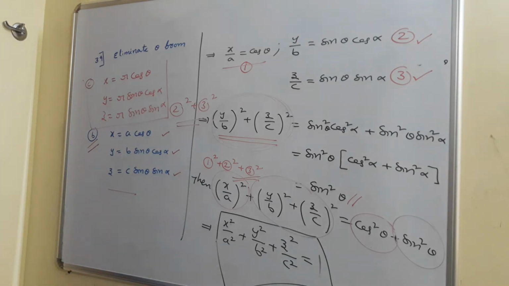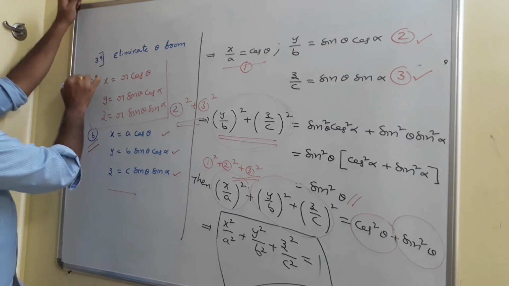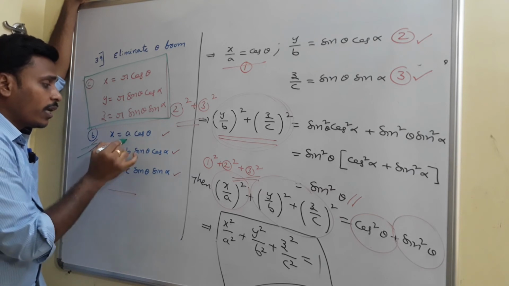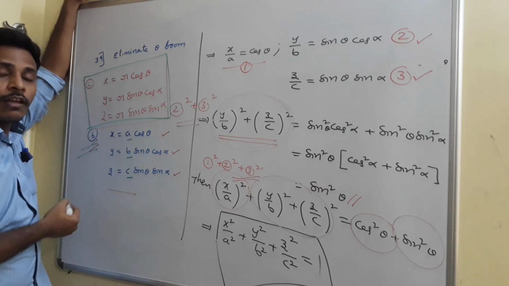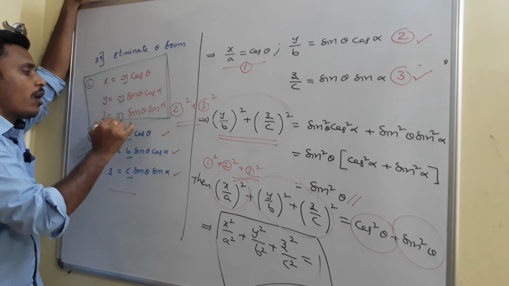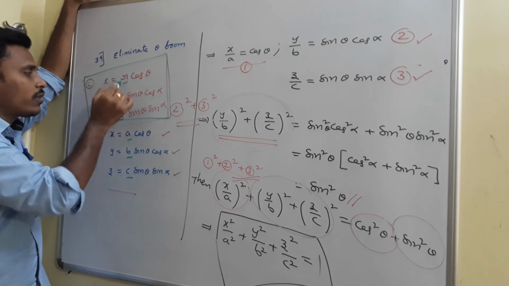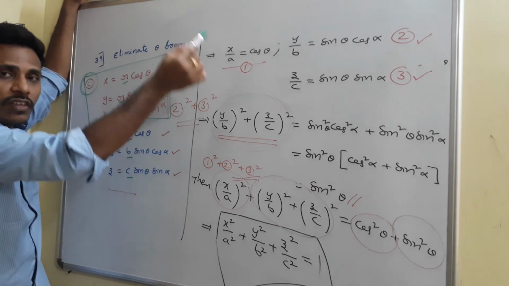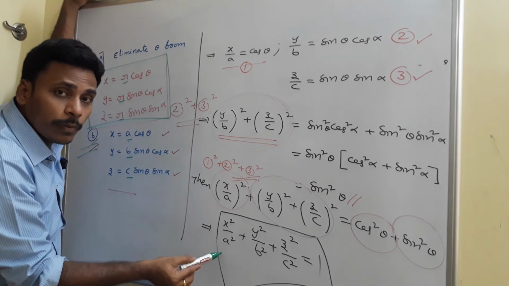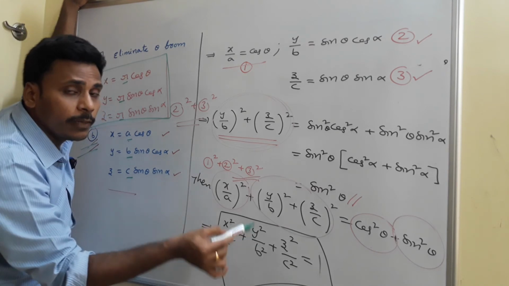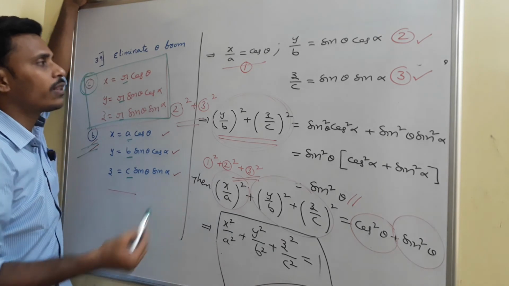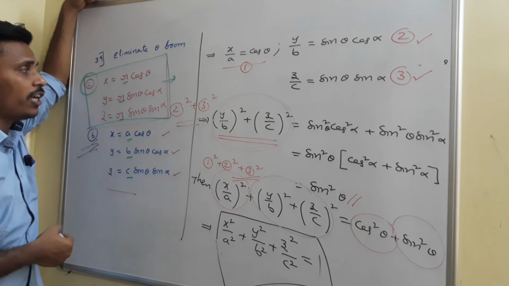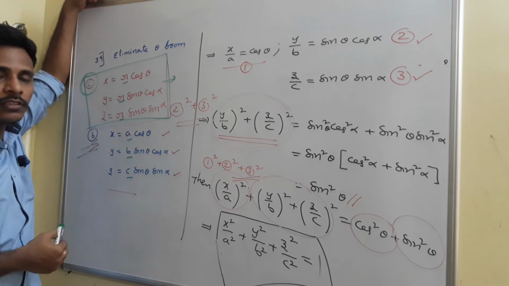Now if we wish to eliminate theta from this, what will happen? See, look at the given problem. Compared with the earlier problem, a, b and c are all equal to r. In that sense, if you try to solve this in the same process, at the end you need to replace a with r, you need to replace b with r, you need to replace c with r. Then if you go with such replacement, what is the relation among this x, y, z and r? Just think for a while.